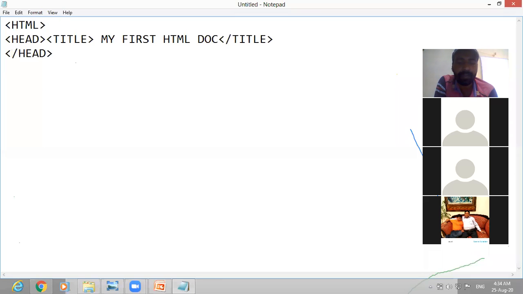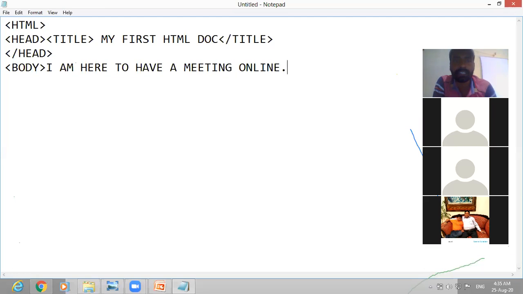Then after that we have to open the body tag. Write body. Then inside the body tag you have to write some text or contents which you want to display. So like I'm writing online.